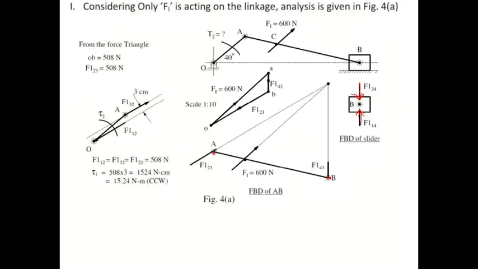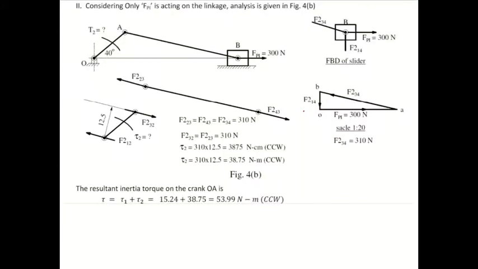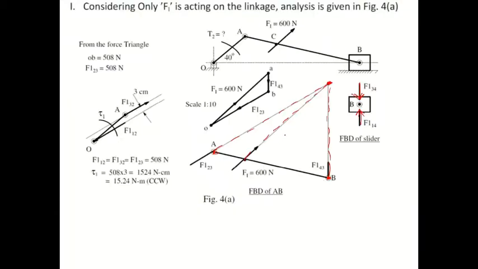So if you take AB, the same force will be acting on point B, and you have to extend it like this. In static force analysis, we used to do it: if there are three forces acting on the member, all three forces should meet at one point. Here we know the direction for two of them, so the third force will be like this only.